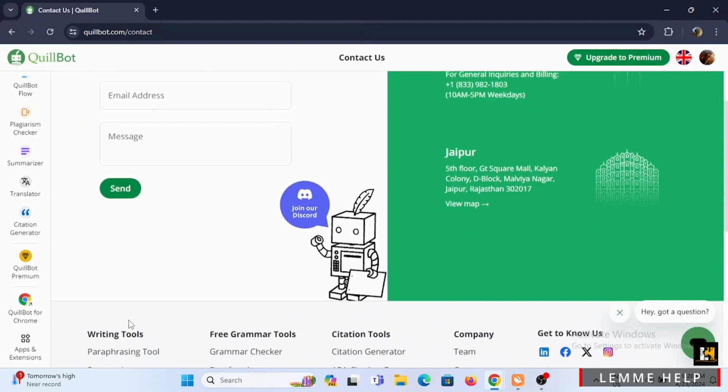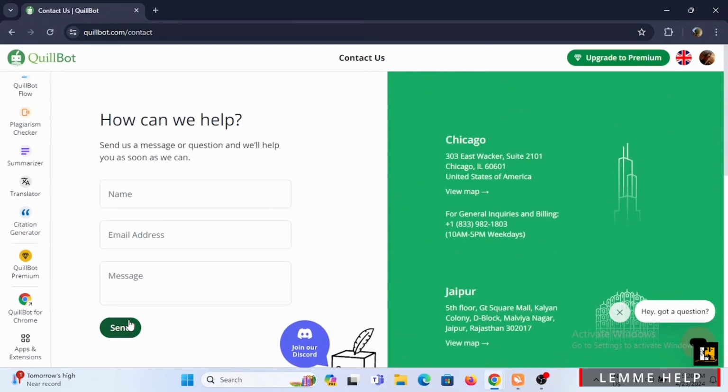Now you have to wait for the response from the Quillbot team, and you have to follow the instructions given